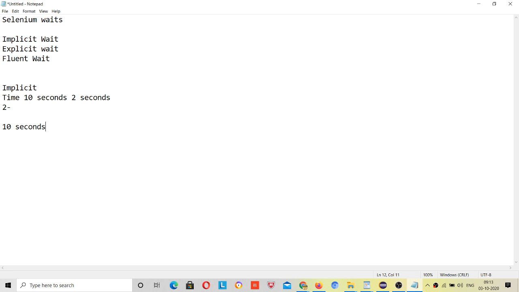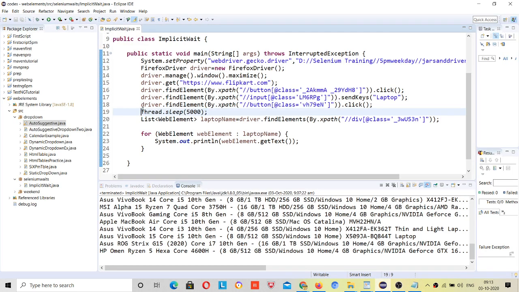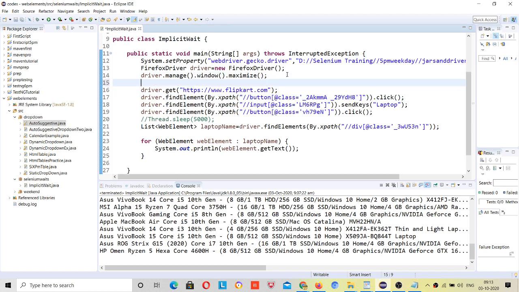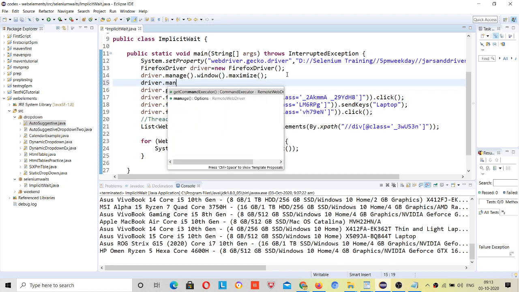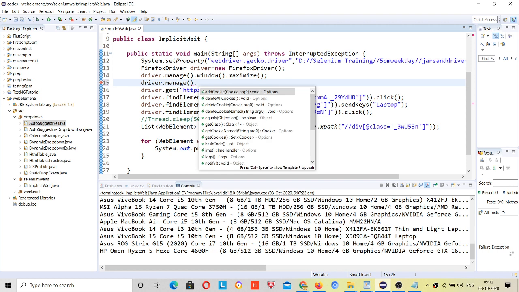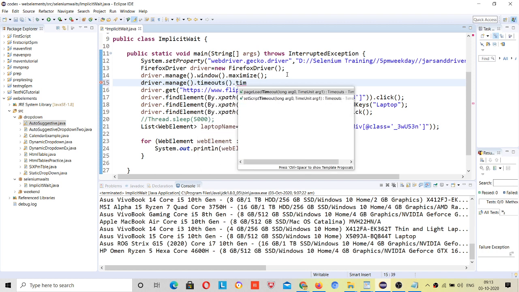So now let's apply this implicit wait here. Now I will be commenting this line. So from today we will not use this thread.sleep, right? We will use thread.sleep when we design a framework, in a single place, or maybe as per the uses. Wherever this implicit wait is not working, then we will use that, right? So how do I apply it: driver.manage().timeouts().implicitlyWait,